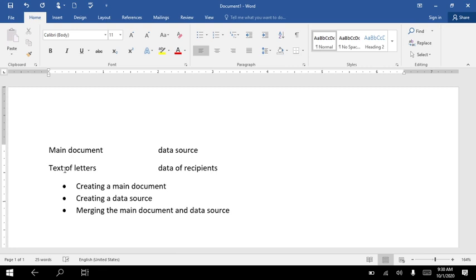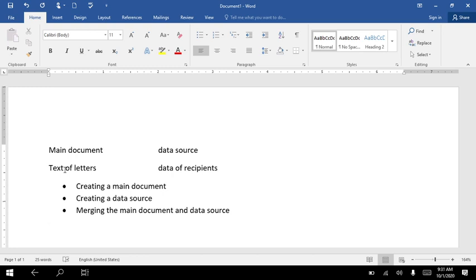So what did we understand? Mail merge is a feature wherein you send the same letter to a large number of people with the help of data modification. This facility is widely used in schools, colleges and offices.